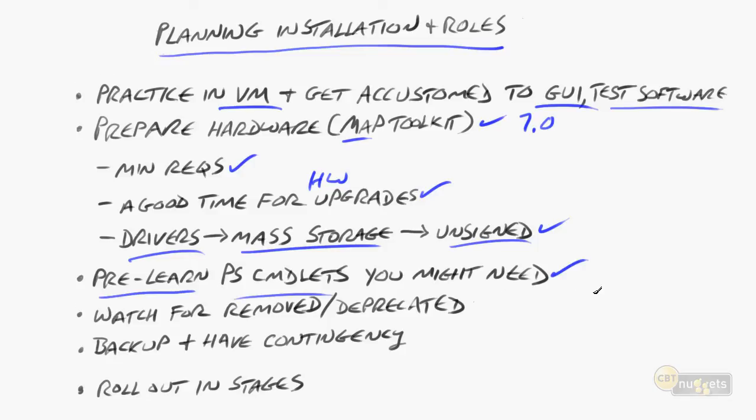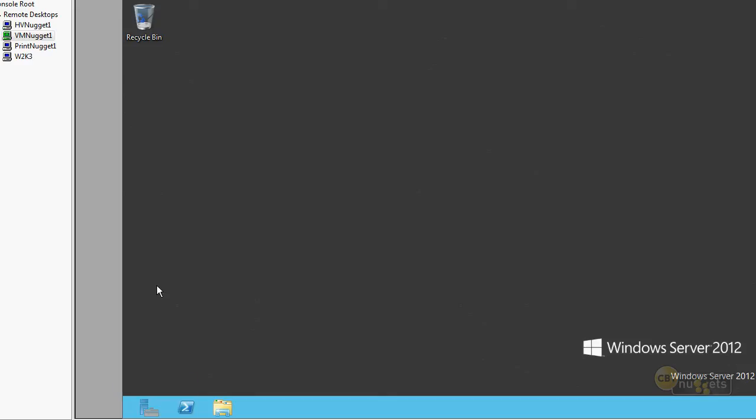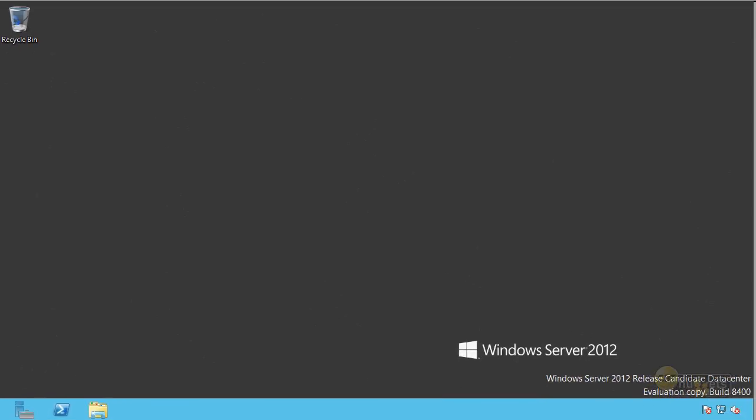This is for both practical purposes as well as the exam purposes. Now, you do not need to be a black belt in PowerShell. You can be a white belt, maybe a yellow belt, something like that. In case you don't know what PowerShell is, though, let me just give you an example here. This is a Windows Server 2012 machine that I've got elsewhere, and I'm connected through a remote desktop here. So let me drag it over into the window area.